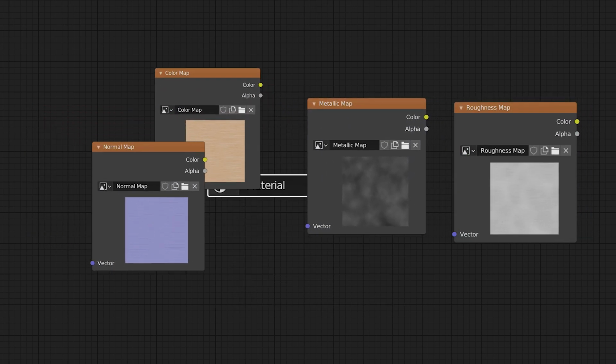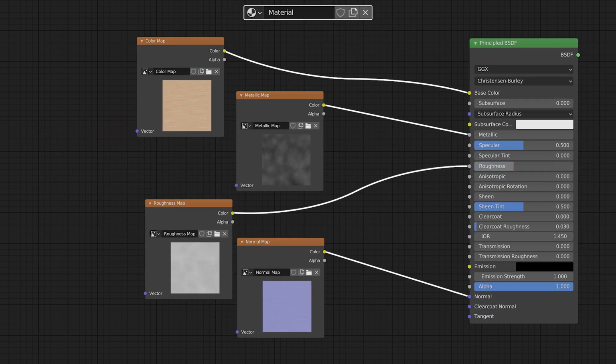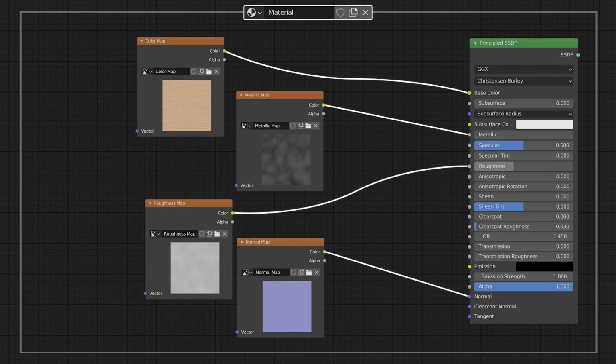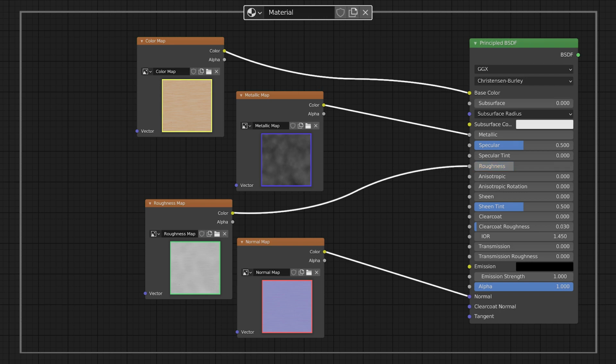And these four texture maps combine into one main shader, such as a principled shader, to create a material. So, we will first create the required color, roughness, metallic, and normal maps for the clay material here using Blender procedural texture. After creating that, we connect these texture maps to the principled shader and render.